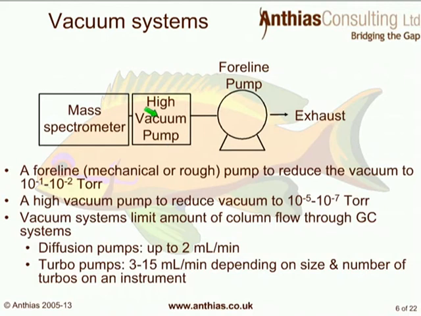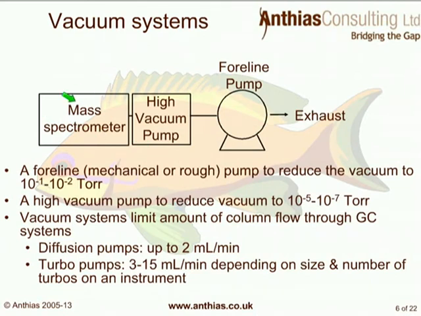Therefore, we then have a high vacuum pump. It doesn't have a high capacity, but is able to take our vacuum down to about 10 to the minus 5 to 10 to the minus 2 torr. Now, this vacuum system itself limits the amount of flow that we can get out of our GC into our